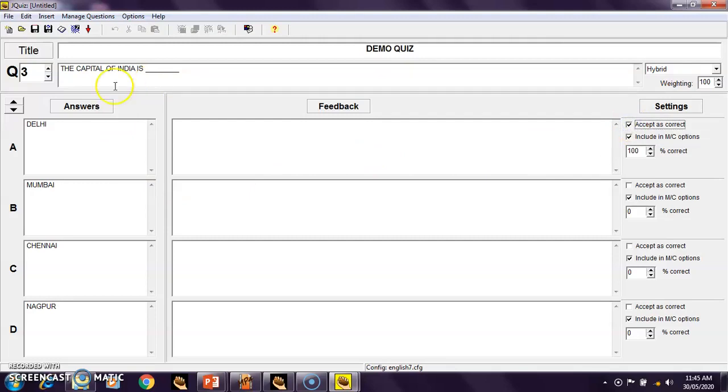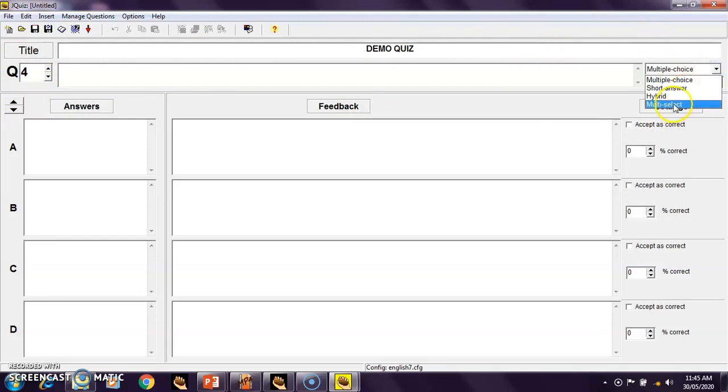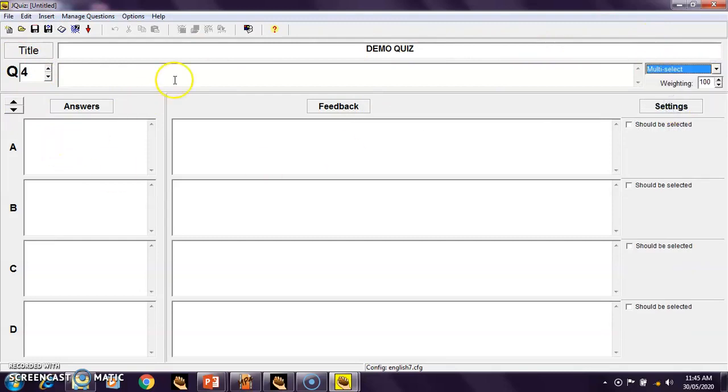Now for the last option, that is multi-select, let's add one more question, that is question number 4, a multi-select question. Let's write, which of the following are the states of India.